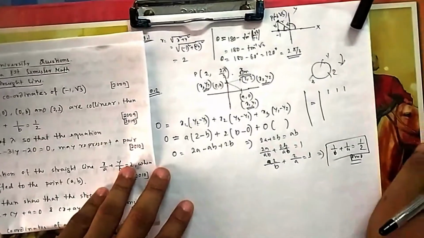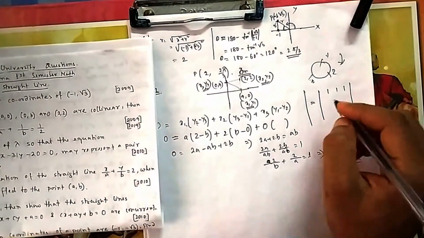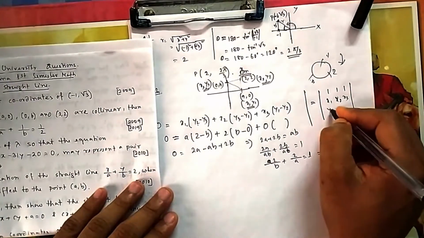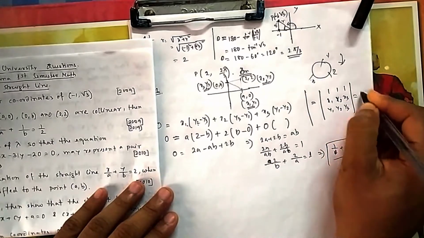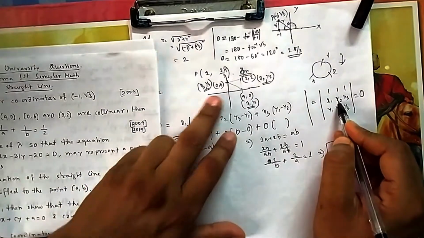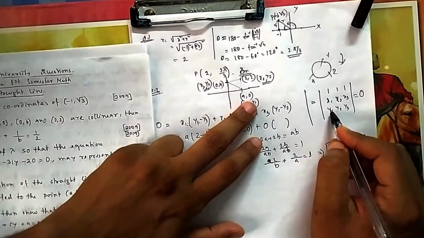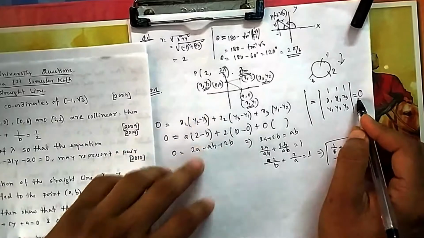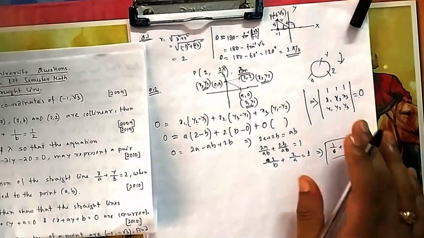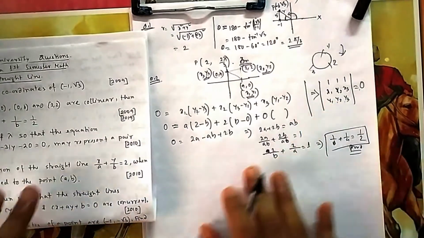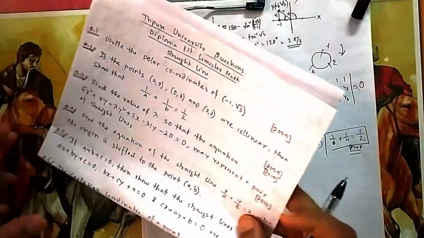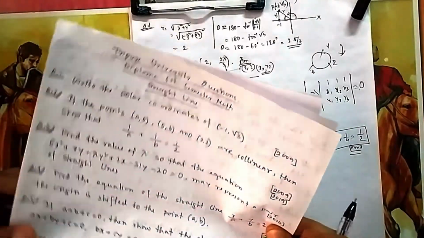determinant. If you have determinant and if you know how to use determinant, how to open it, then you can do it. x1, x2, x3, you put it there, y1, y2, y3, that is equal to 0. So you put it there 1, 1, 1, then x1 is a, 2, then 0, 0, 2, b, that is equal to 0. Then no need to remember this long formula, you can use this determinant. But provided that you have already completed determinant in your syllabus. If you have not completed, then don't use it. In joint you can use, because by that time you must have completed all this.